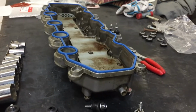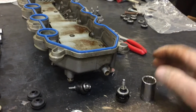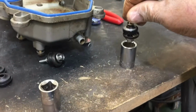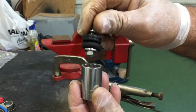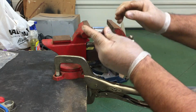I couldn't find a good video online to really show you how to do it, so I thought I'd make one. So what you're going to need is an 11/16 socket, and you're going to take your little bolt with your little rubber washer and set it down in the socket just like that. So you put the head down inside of the socket. Then you're going to compress it with a vise